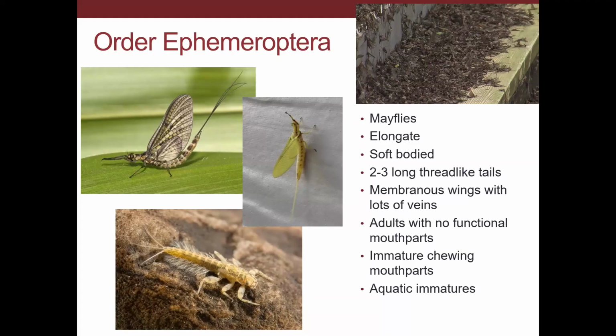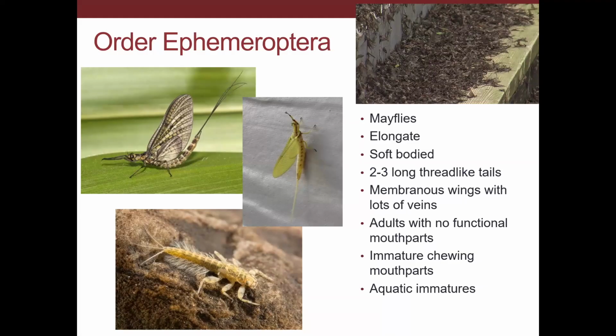The adults of mayflies do not have functional mouth parts. They are reduced. The adults don't live very long. Some of them only live literally 30 minutes. But there are others that live several hours, and then the longest lived ones only live several days. So the adults don't feed, and their purpose is essentially emerging out, finding a mate, mating, laying eggs, and then